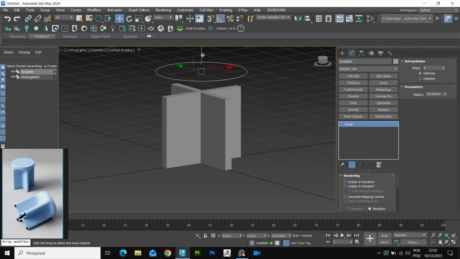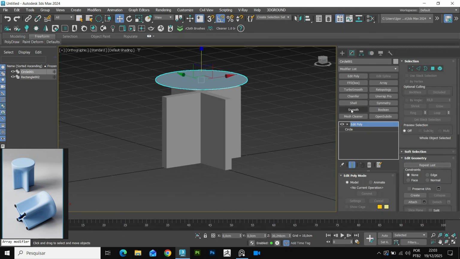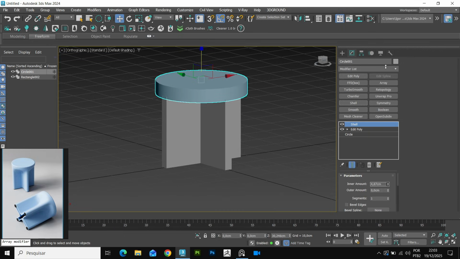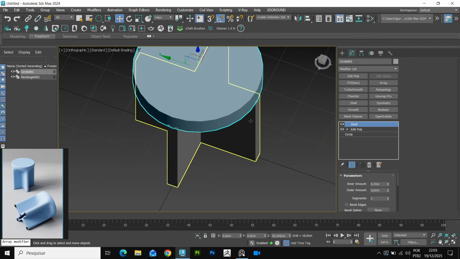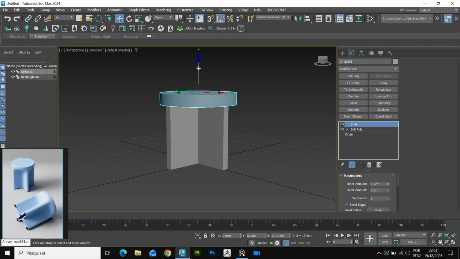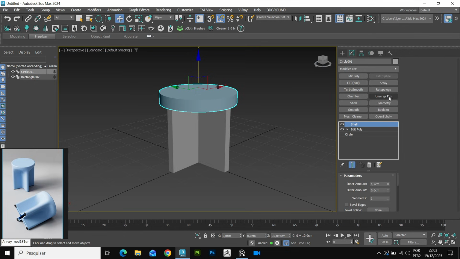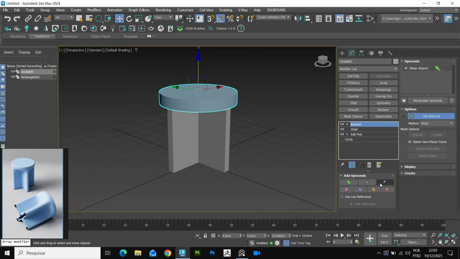Let's do the same with the circle we created. Check if both pieces are close at the edge. Let's increase the overall size a little to match the reference. Once that is done, with the Boolean modifier, let's join the pieces and convert them to an editable poly.